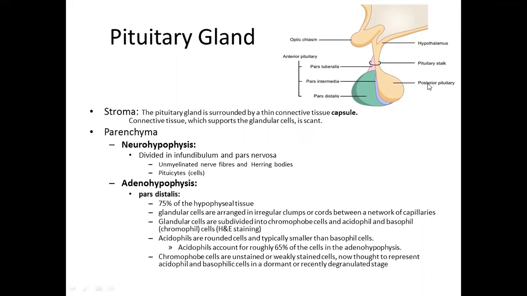The pituitary gland is present in a bony depression in the sphenoid bone, below the hypothalamus. When we talk about its stromal component, the connective tissue is forming the supportive content. That's why it is termed stroma. The connective tissue capsule of the pituitary gland is very thin, made up of loose connective tissue. And inside the pituitary gland there is a very scarce amount of connective tissue.